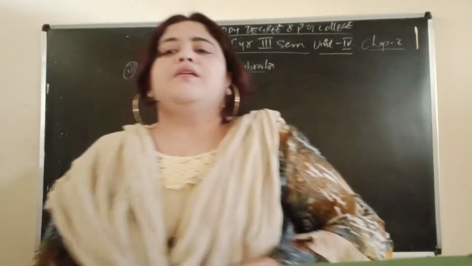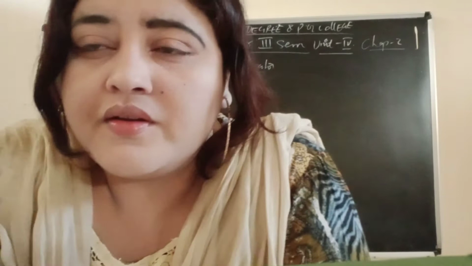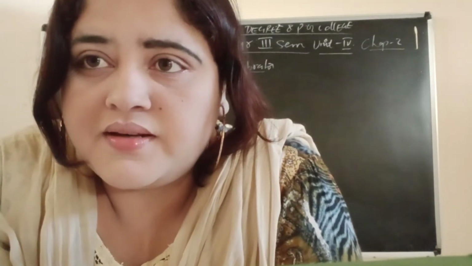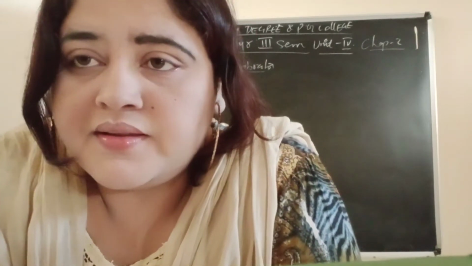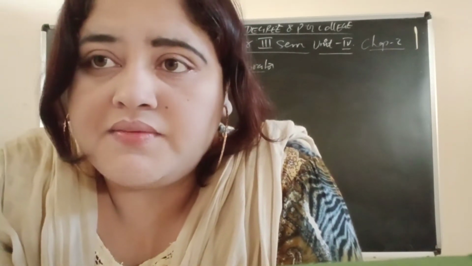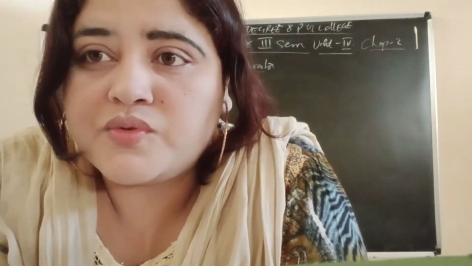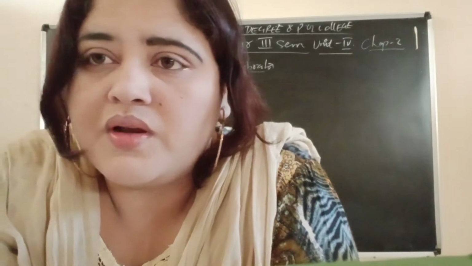Hello students, today we are going to start the second topic of your unit 4, second chapter, that is monostable multivibrator. In our previous class we studied about multivibrator. A multivibrator is a device which will generate the output in the form of a square wave without any AC input as long as the DC power supply is connected to it. Then we went for types of multivibrator.